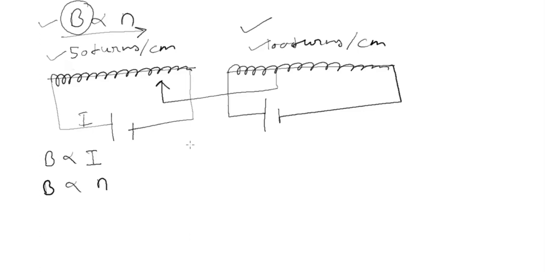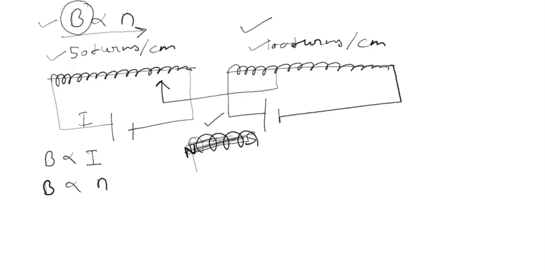There are certain things which also affect the magnetic strength of a solenoid. If we are using a soft iron rod in the core of the coil, this is the coil, there is a gap in between. If we insert a soft iron rod as a core material inside, it will be a stronger magnet. Second, if we insert the soft iron inside the gap of the coil, the solenoid will behave like a bar magnet. It will have north and south poles.